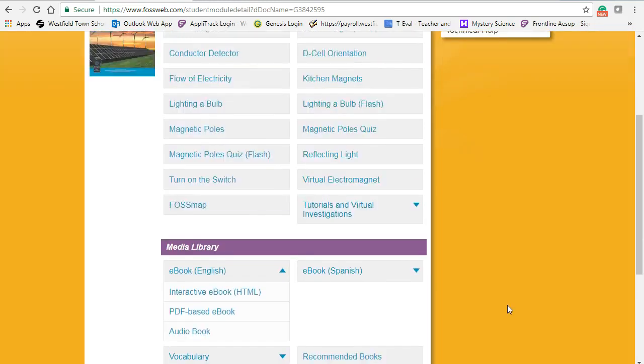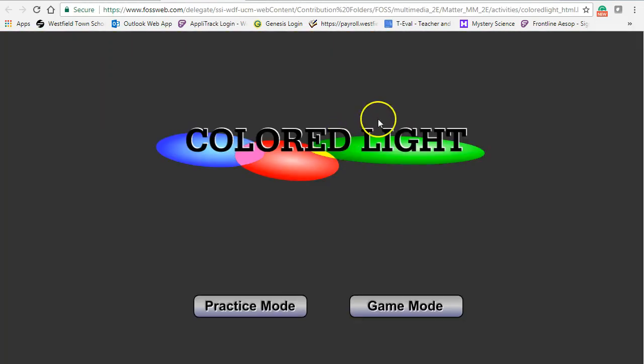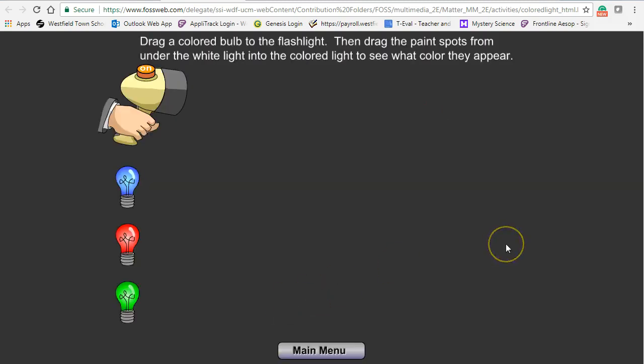Some very useful things here. Some of these things will be incorporated into the lessons you give as you go through the investigations. Let's click on this one just as an example. This is a colored light applet. This is an example of how we can really push the student reasoning and thinking through these